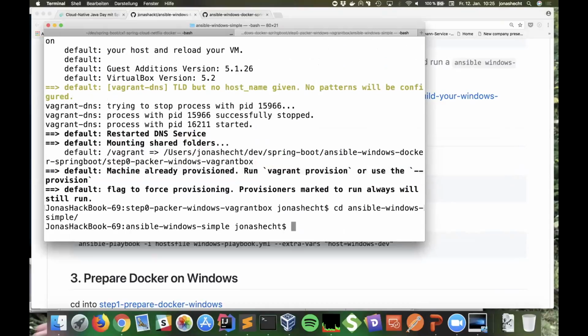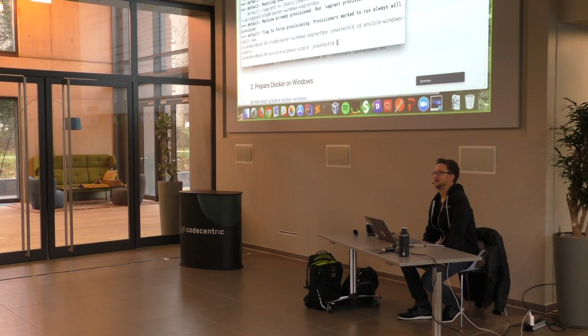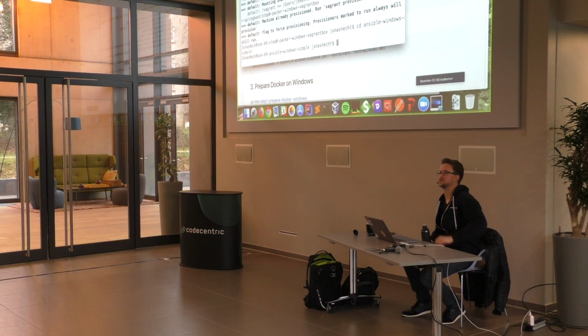Question: is it possible Linux to Windows, or just only Windows to Windows with Ansible, if I want to install some stuff on Windows? What do you mean, the control machine for Ansible? The control machine is always Linux. So we're talking here about the provisioned machines. But if you have Windows 10, it also works with the Linux subsystem there. I had a customer where we had the need to use Windows as the control machine, and as they gave a Windows 10 machine, it was okay to use the Ubuntu subsystem.